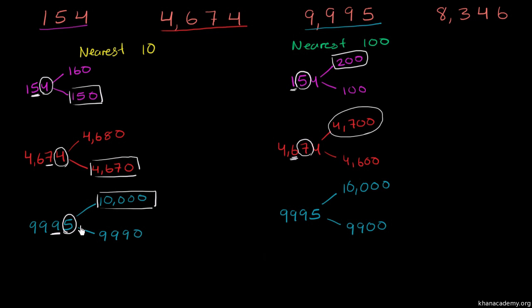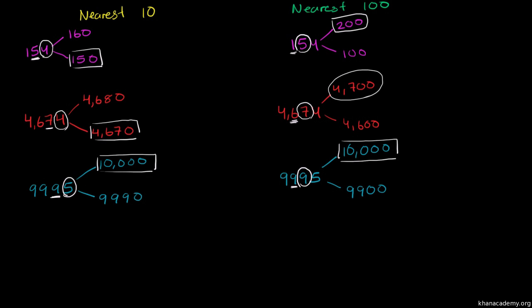So how do we decide whether to round up or down? Well, we don't look at the ones place anymore. We're now rounding to the nearest 100. To do that, we look one place to the right, which is the tens place. If this is 5 or greater, we round up. If it's less than 5, we round down. It is 5 or greater, so once again, we round up to 10,000. Now we have one more,